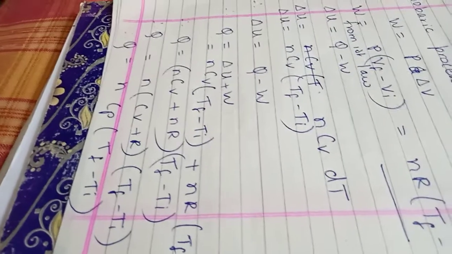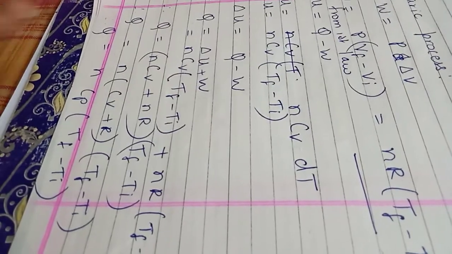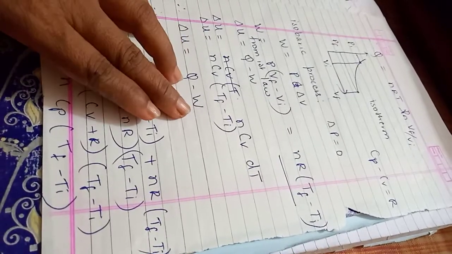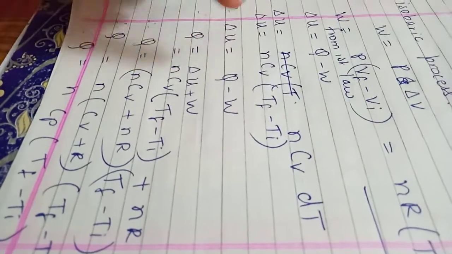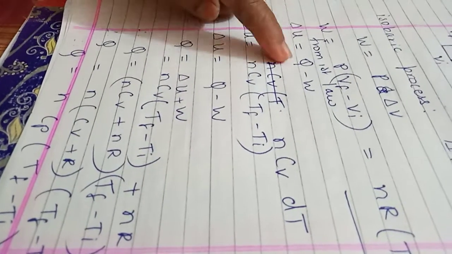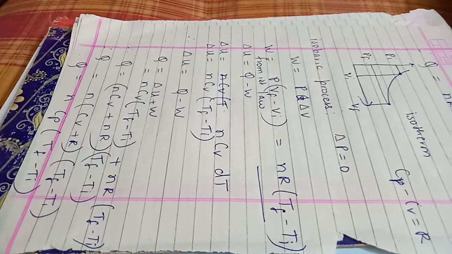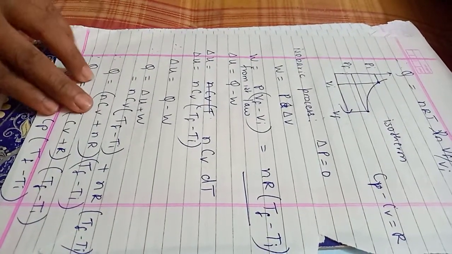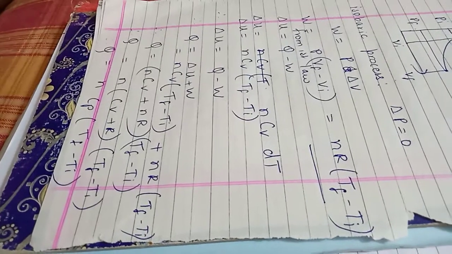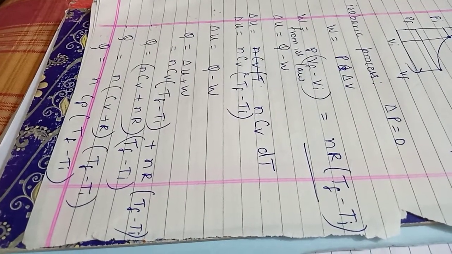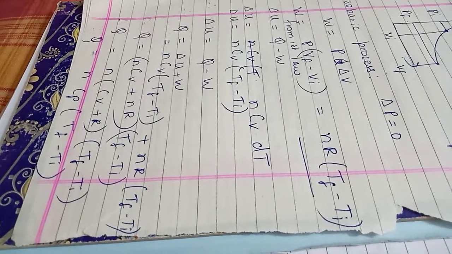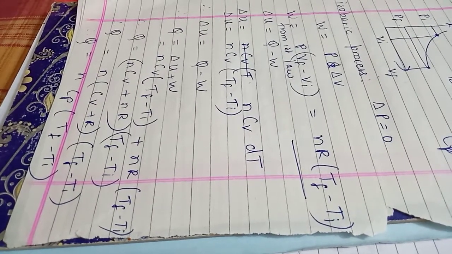So, in the isobaric process, the concept is different. Q is equal to nCp (Tf minus Ti). This is the first law of thermodynamics: change in internal energy is Q minus W. But since the process is isobaric, with pressure constant, internal energy is not zero and work done is also not zero. Internal energy is Q minus W, work done is nR (Tf minus Ti), and since the process is carried out at constant pressure, we take the specific heat at constant pressure and get the answer. That's it. That is the expression for heat energy. Are you okay?